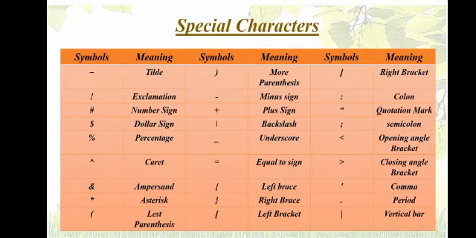Then what are special characters? Special characters are present on the keyboard. There are some symbols in front of you. In the first column, the first symbol is the tilde. That is used to tell the range of things, like if it extends from negative numbers to positive numbers, like -1 to 5, suppose. So we will use that tilde sign to show the range of the numbers.